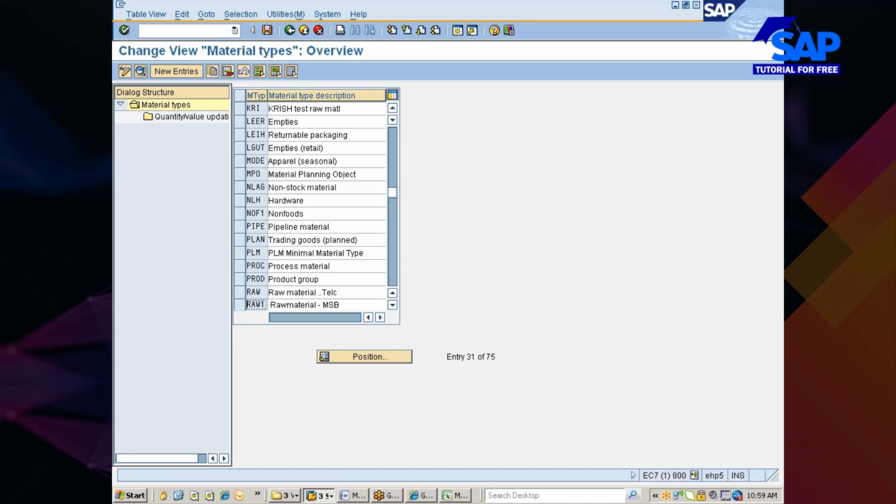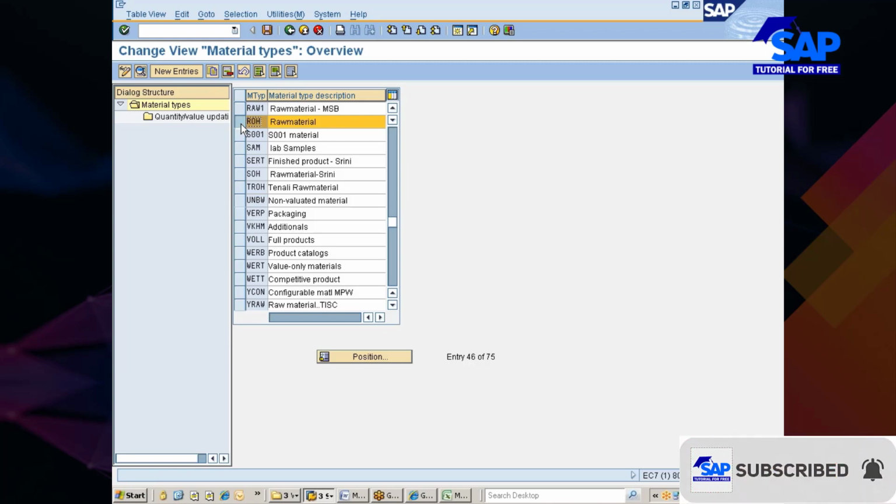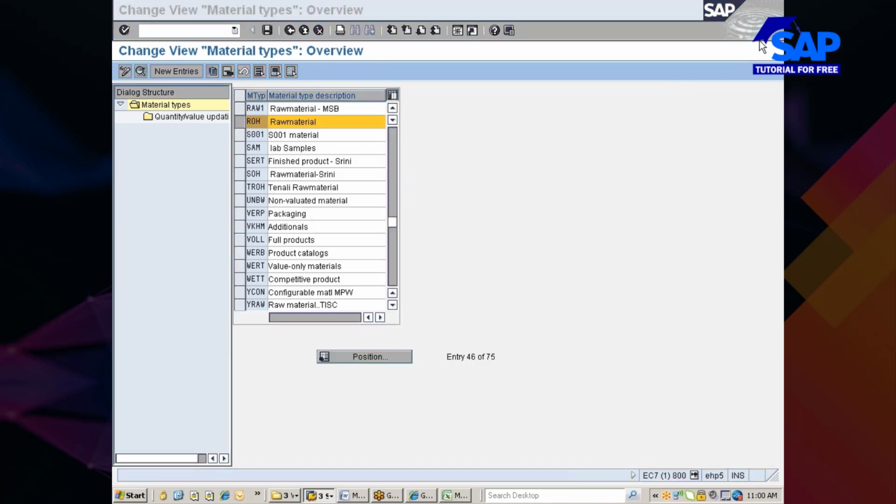Such materials whose value is very, very low are technically called non-valuated materials, which you could see as UNBW. Apart from that, you already know raw material. A raw material is one which is procured from external sources and suppliers. So that's how you will be working with various material types.